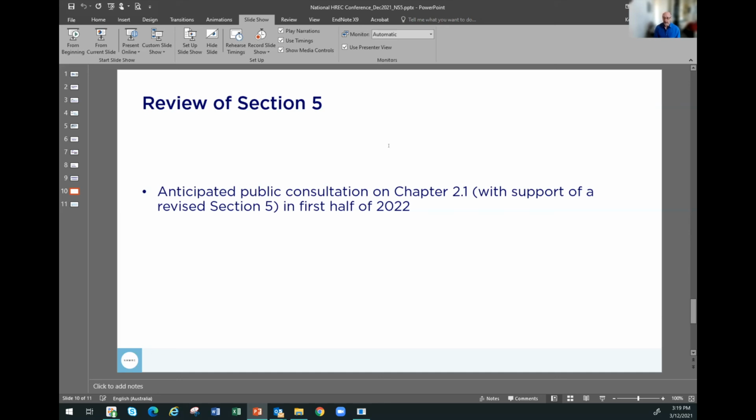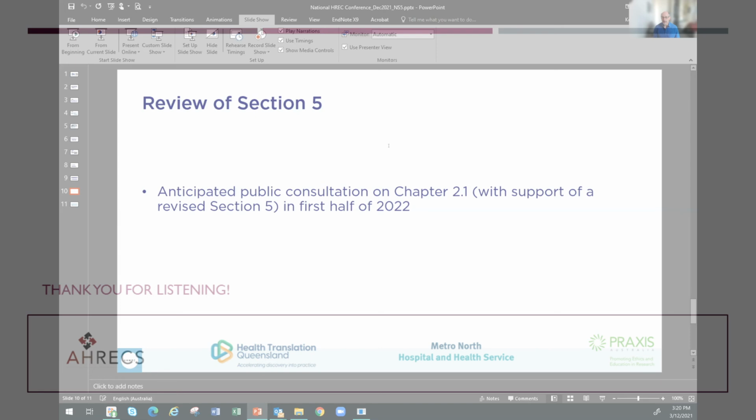After that, we will then clean up anything that we need to clean up or change, and we will put it out for public consultation. What we're going to do then is put out Chapter 2.1, which no one has seen the changes to. And as background information for that, essentially, you will get the new version of Section 5, which of course you will be able to comment on in any case. We think it all works quite well. We're really eager to see what you all